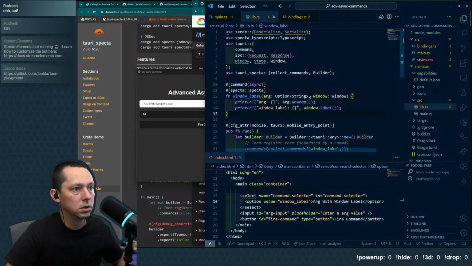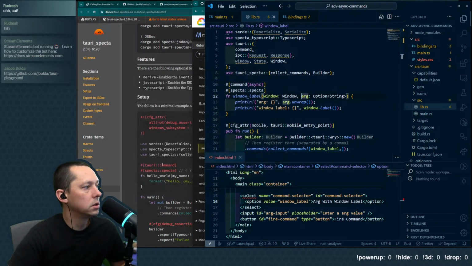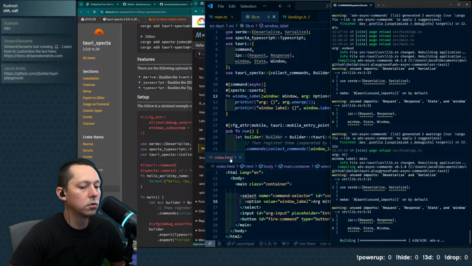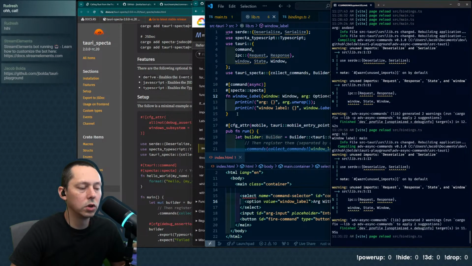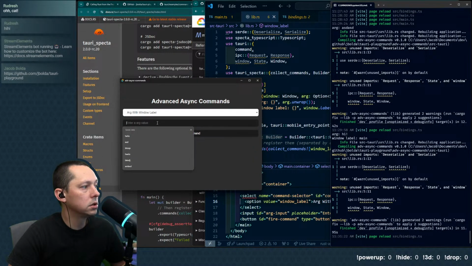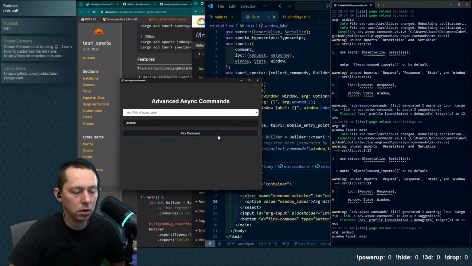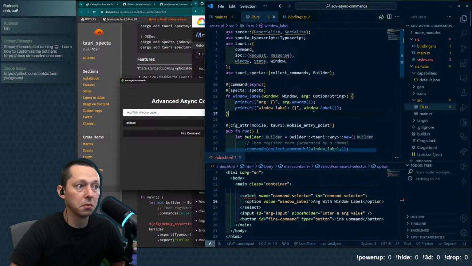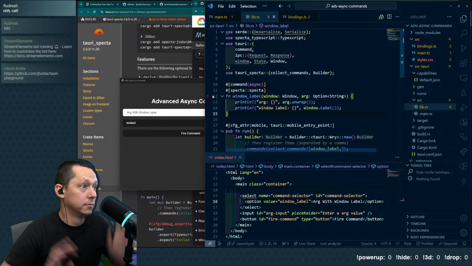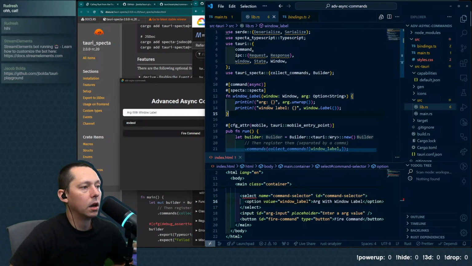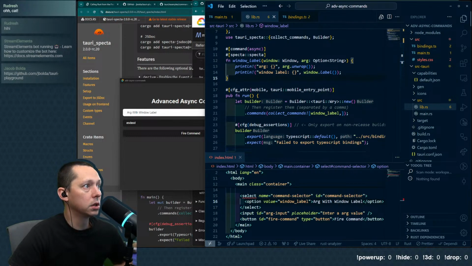And it doesn't seem to actually matter which order we do these in. Let's just double check that, because I don't see anything that says an order, and I don't see any compiler error. It feels odd to me though, especially coming from more of a JavaScript line of thinking. But let's give it a shot. Arg, window label. Yeah, okay. Works fine. I'm not going to bother bringing in the state, which is in one of the examples as well.